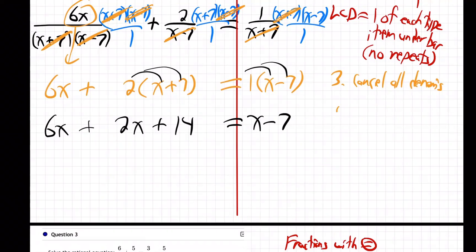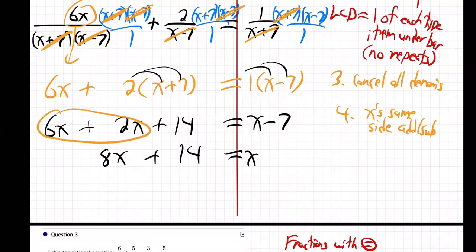To be more clear, step 4. X's on the same side, just add or subtract. So these two x's on the same side will make 8x, right? So we do that first off. And then step number 5,